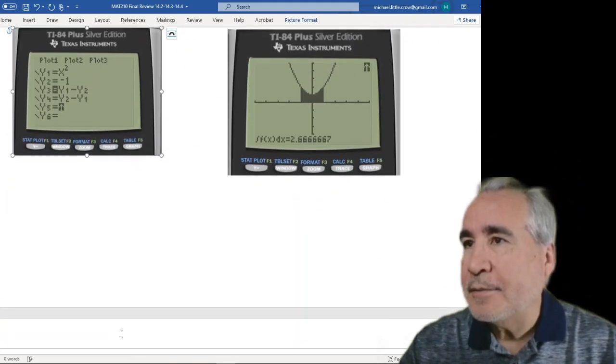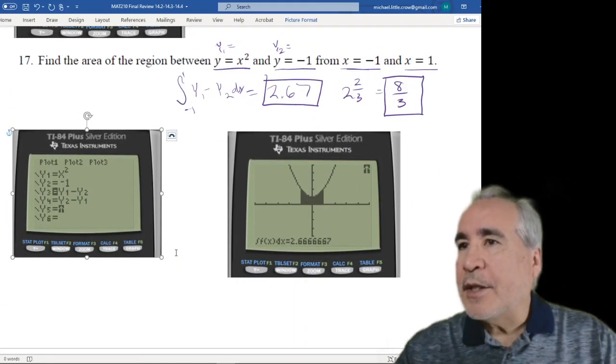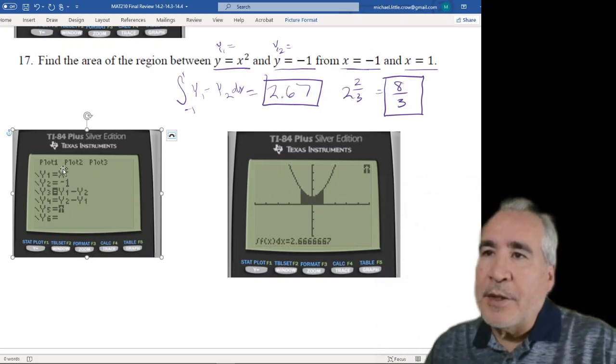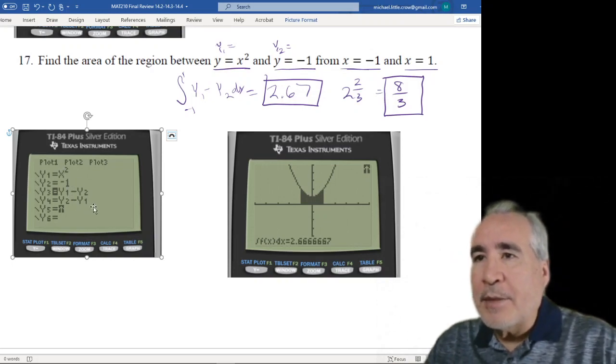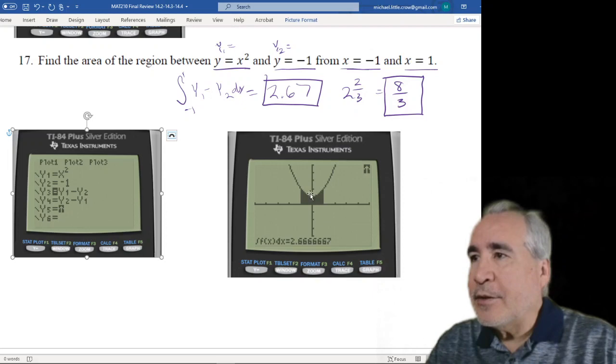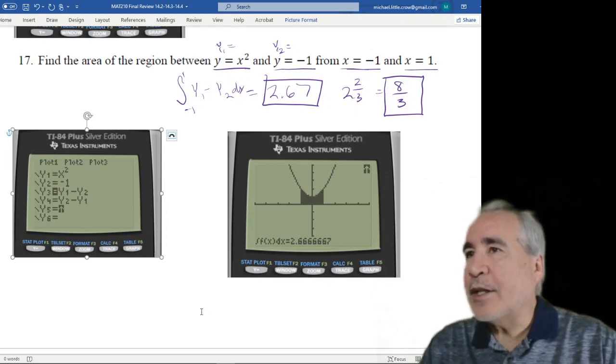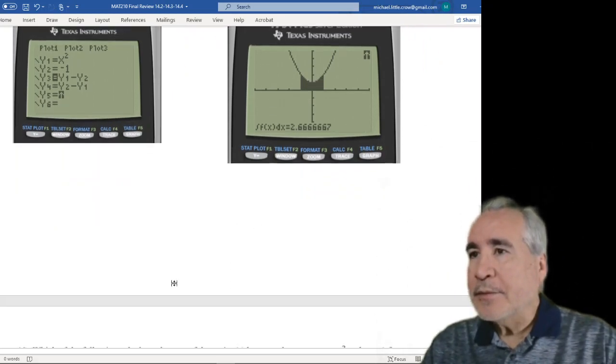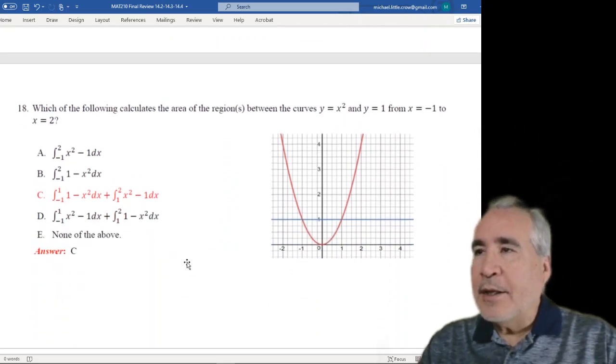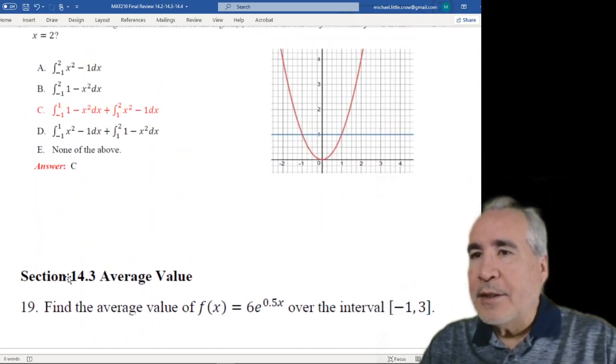There we go. So we didn't really need to find intersections on this one, but we did need to find which one's on top, which one's on bottom. That was y1 minus y2, and we get the intersection over there. Okay, so for this one,